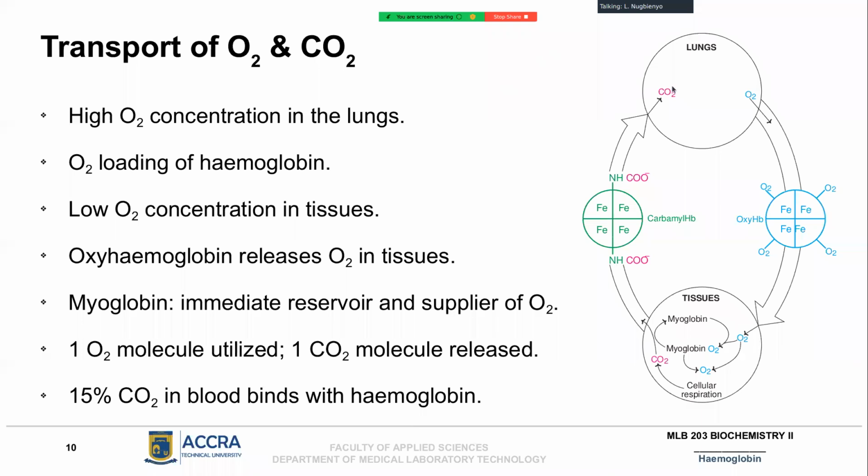So of course, as you know, in the lungs there's a high concentration of oxygen. And so, like we saw, with the affinity of hemoglobin for oxygen increasing, once one molecule binds, affinity increases, and so on. And then you have all 4 molecules binding to the hemoglobin before it's carried to the tissues. So you see, as I was saying, it's just about